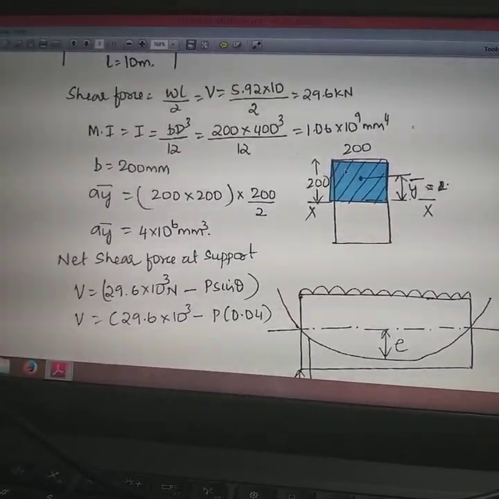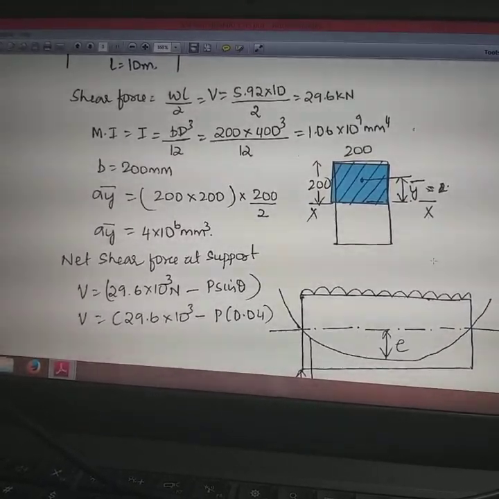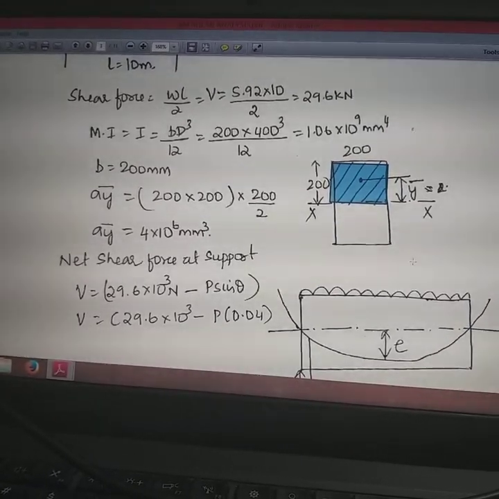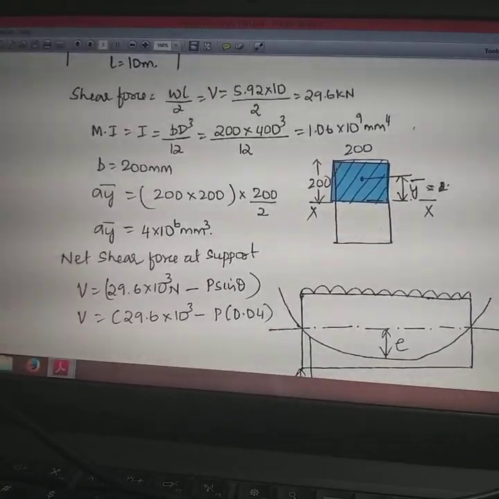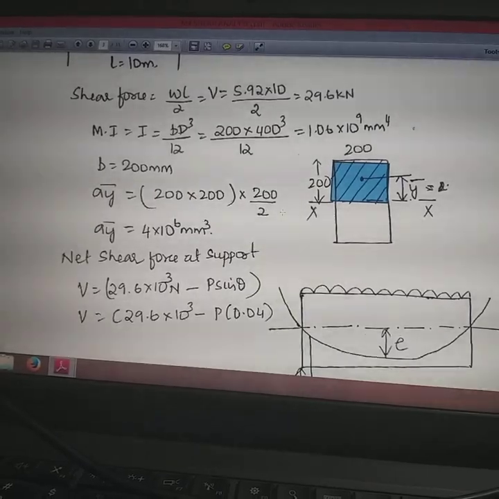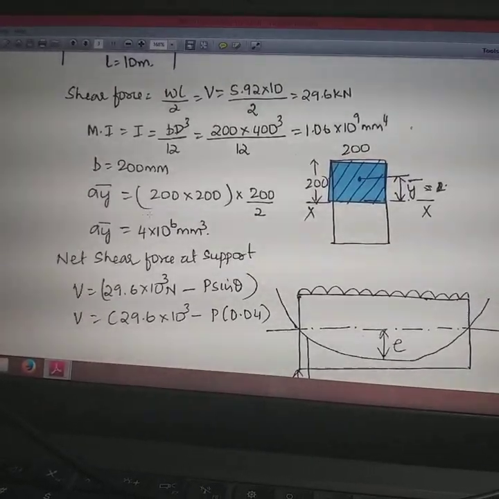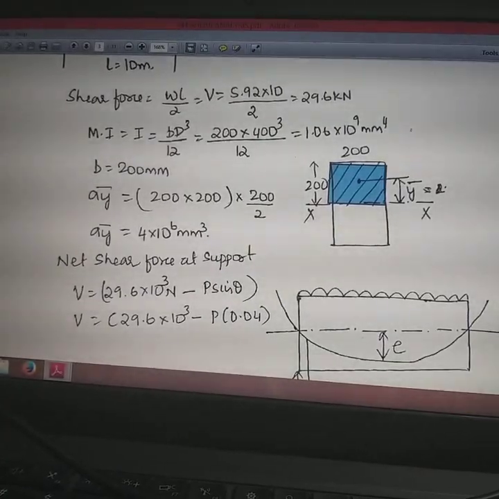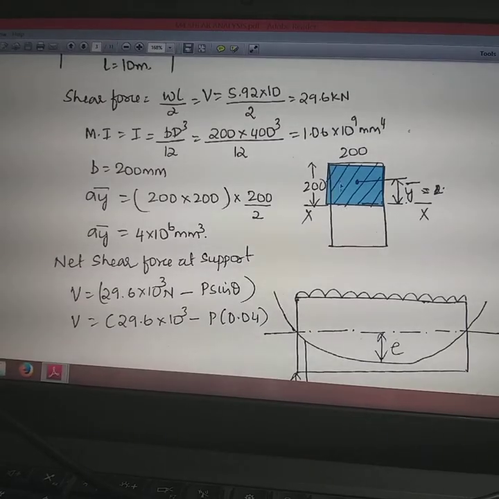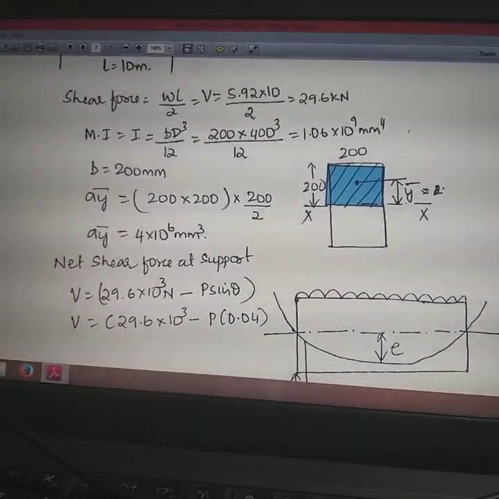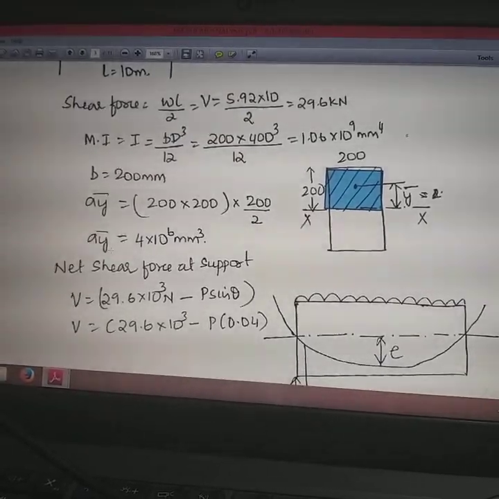So what is the total depth of the beam here? It is 400 mm. Since it is a rectangular cross section, the centroid is at D by 2. So that is why 400 divided by 2, here it is 200. Therefore width is also 200, depth is also 200. So the area of the rectangular section, that is only the uncracked face here, is 200 by 200, into Y bar. Again it is a rectangular section, centroid is at D by 2, where D is nothing but 200. So you have got A into Y bar.